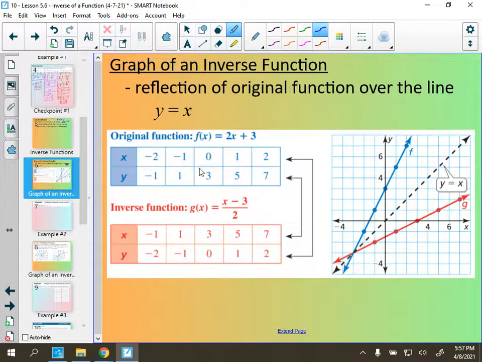Graphically, when we graph a function, let's look at these. This is a perfect example here. So here's my original function. We'll talk about this in a second. The original function is a linear function, f of x equals 2x plus 3. All right, we plug in -2 to 2, we plot some points, graph it, boom, there's f of x, or there's function f. The inverse, here's what the inverse looks like, and you can see there's different,